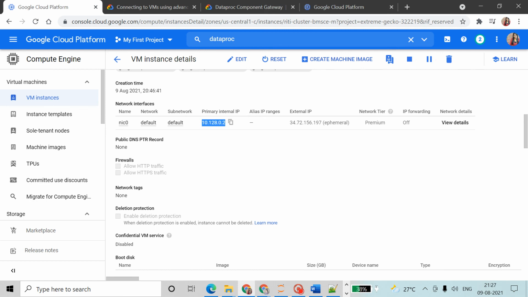You have to copy from here only. For every instance you have an internal IP and an external IP. That is the most important thing to connect to any server.